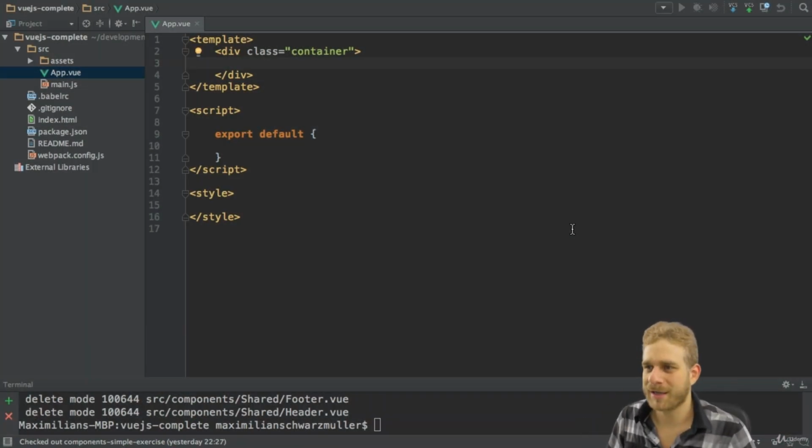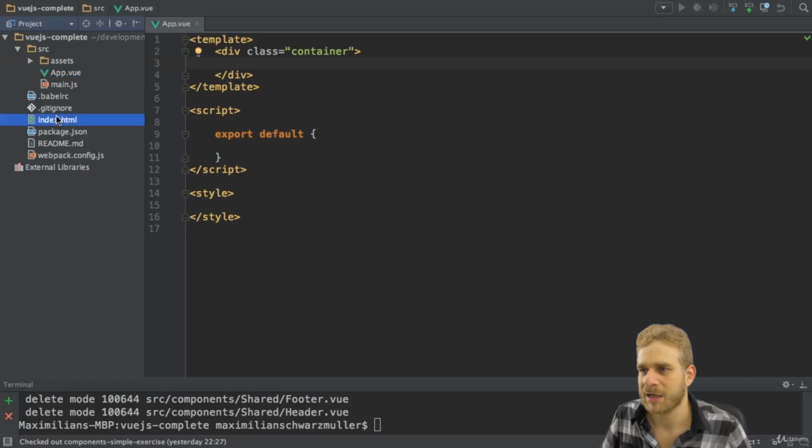This is the starting setup I'm starting with. It's the default setup we used throughout the course. It's the Webpack Simple template installed with the Vue CLI, and I haven't added much. The App.vue file is pretty empty, only added this container div here with the Bootstrap container class, which I, as